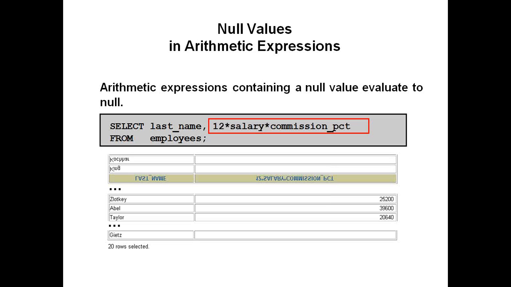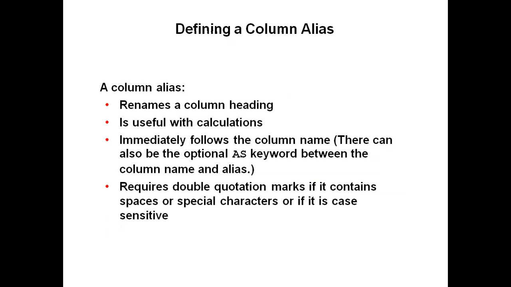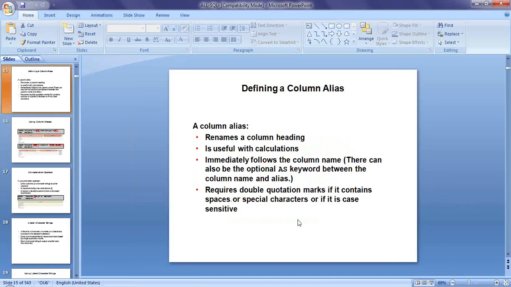Or if you are adding or dividing any null value to some other value, even in that case it will result in null. So any operation that we perform on a null value will result in a null value. So those are the things about arithmetic expressions, and especially these things are very helpful for us